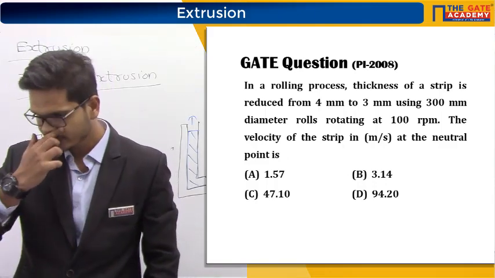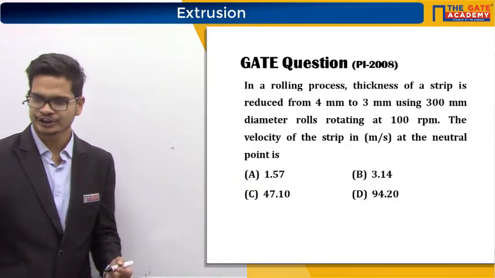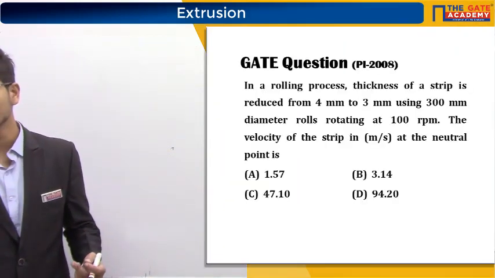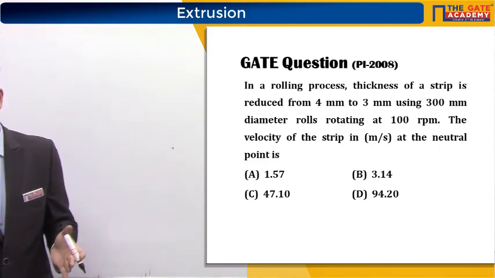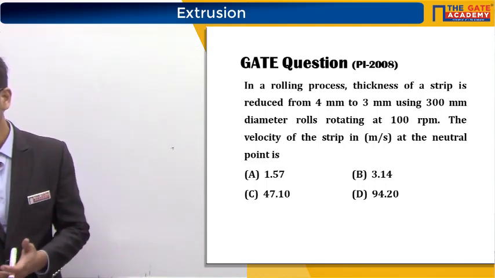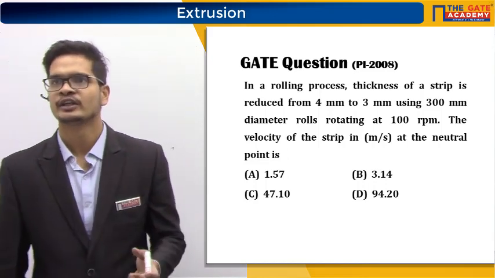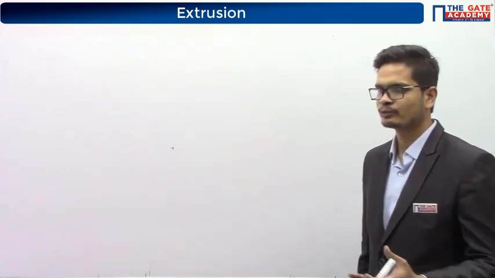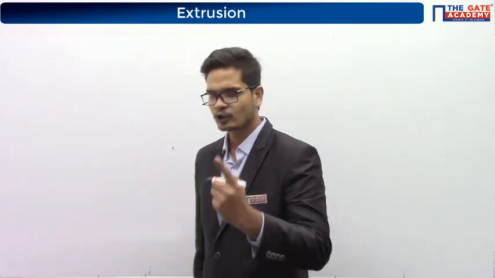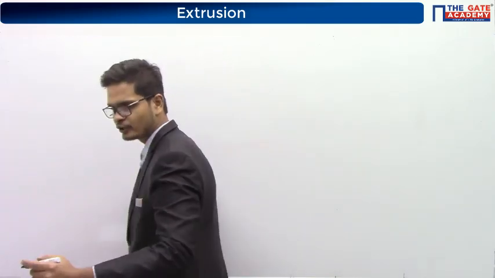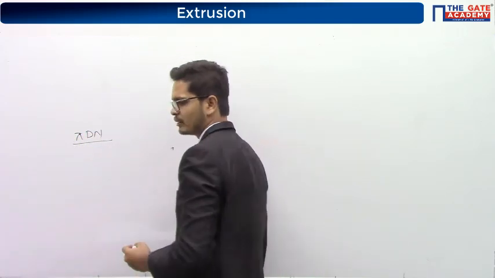Let's see that question first. Tell me the answer for this question. Okay, so this is a GATE 2008 question. The question is, in a rolling process, the thickness of a strip is reduced from 4 mm to 3 mm using 300 mm diameter rolls rotating at 100 rpm. They are asking the velocity of strip at neutral point. That is simply the velocity of the rollers. So the unit is meter per second. So it will be pi D N by